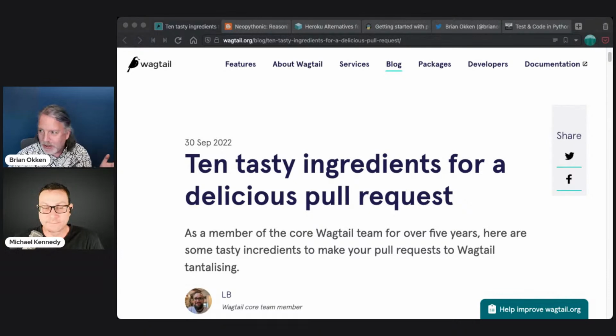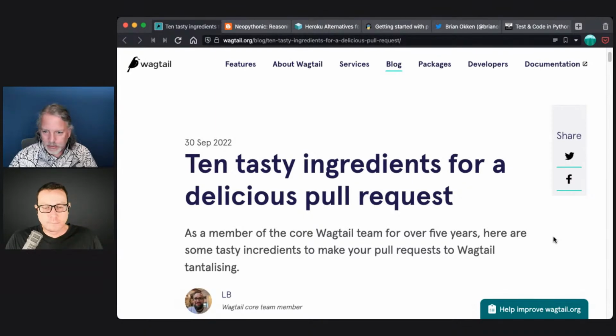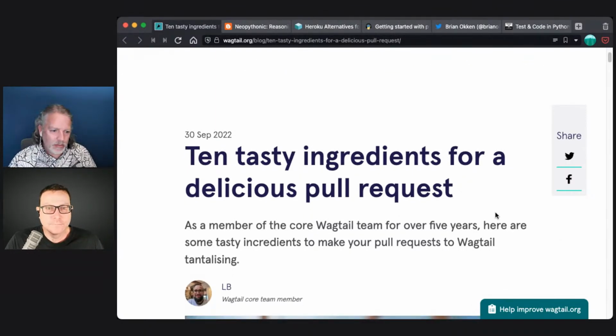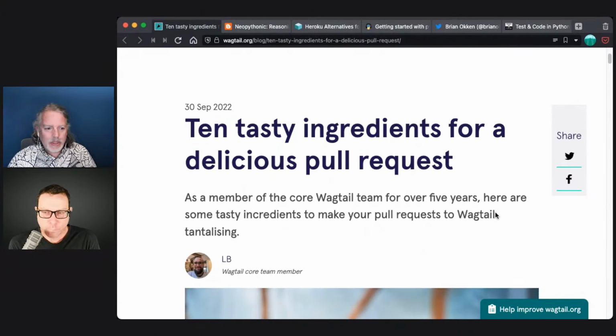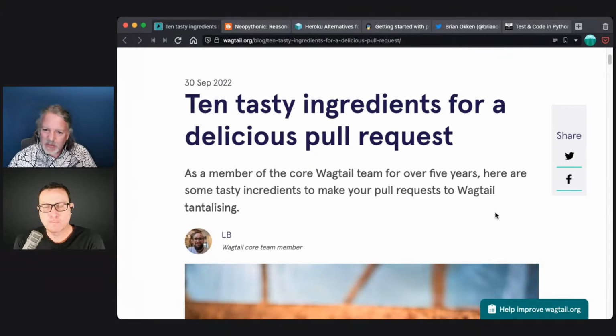So it's October now. That means Hacktoberfest for some people, right? Actually, I didn't really want to just highlight Hacktoberfest. What I really like about this is an article, 10 tasty ingredients for a delicious pull request. It's on the Wagtail blog, from LB, a Wagtail core team member. So thanks, LB. It's kind of clickbaity, but also